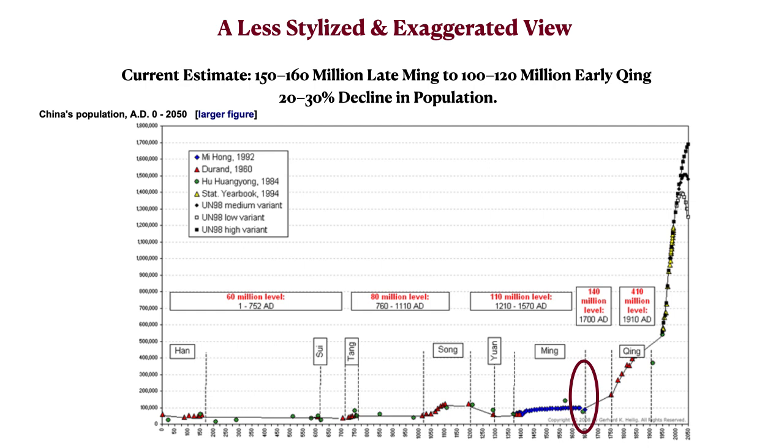Here's one. And I put a red oval around that transition from the Ming to the Qing dynasty, and it's showing a drop-off, but not a huge one. Just as it's showing a drop-off at the end of the Song dynasty. It's not really showing one at the end of the Tang dynasty at all. And then I'll talk later on about the huge increase that occurred in China's population after about 1700, but that will be in a later lecture.